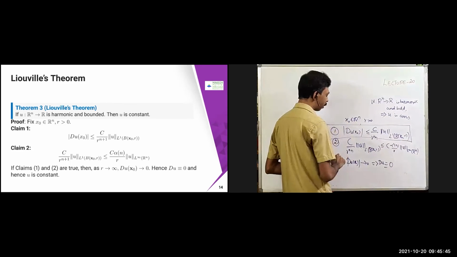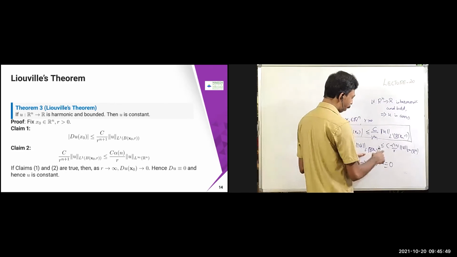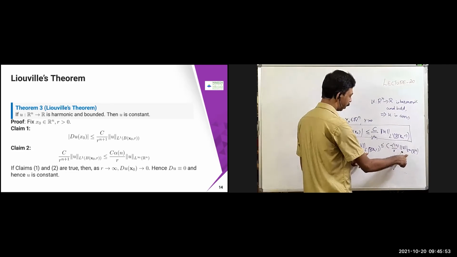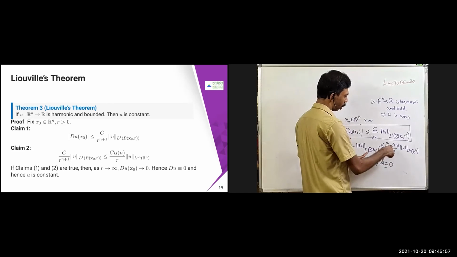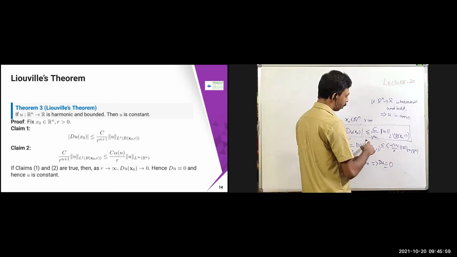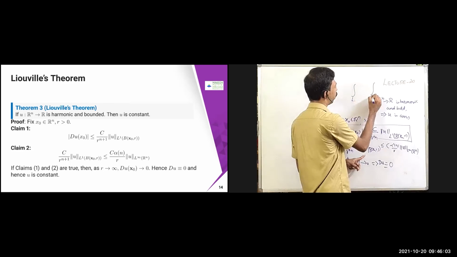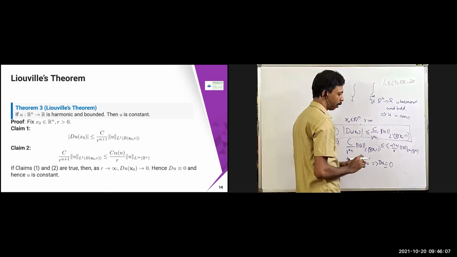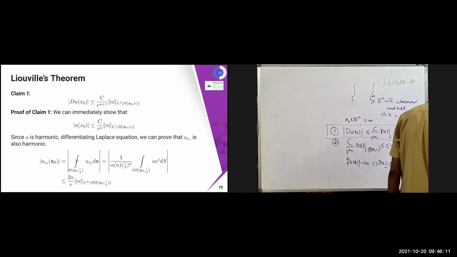The second part is very clear because you have L1 of B(x naught, r). You know the ball, so for the ball you can just find the relations between L1 and L infinity. You are going to get alpha n into r power n, so that is going to get cancelled, and you are going to get alpha n by r. So you need to find the relations between L1 and L infinity in the Lebesgue setup, and that you can find easily.